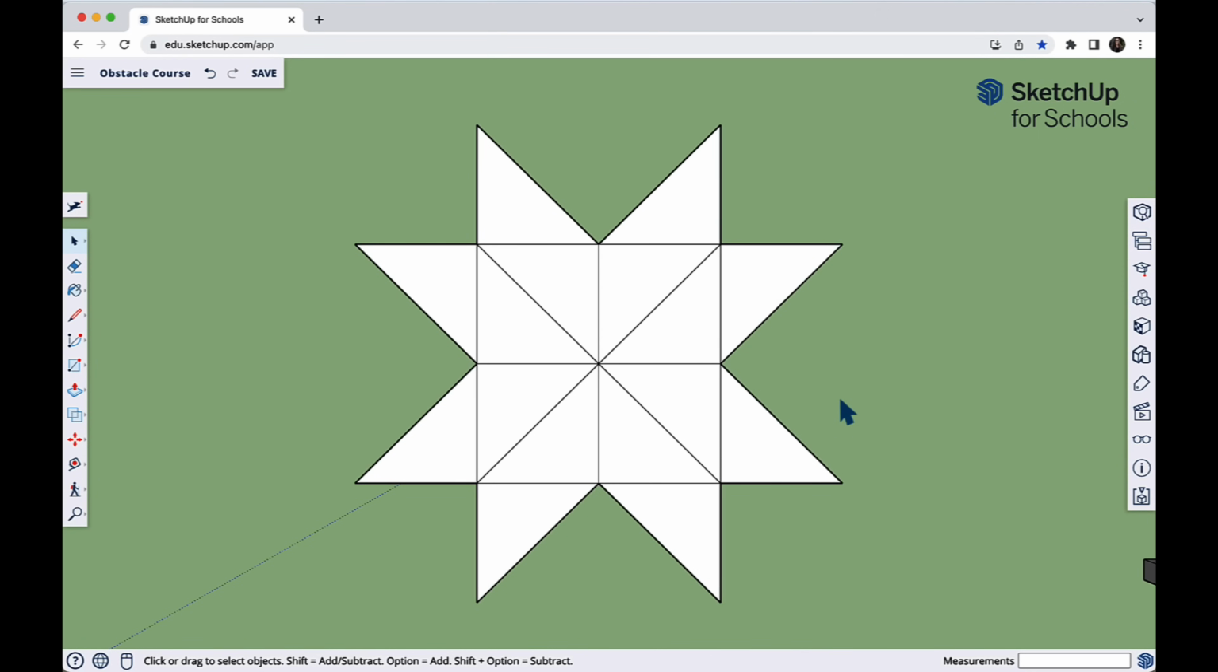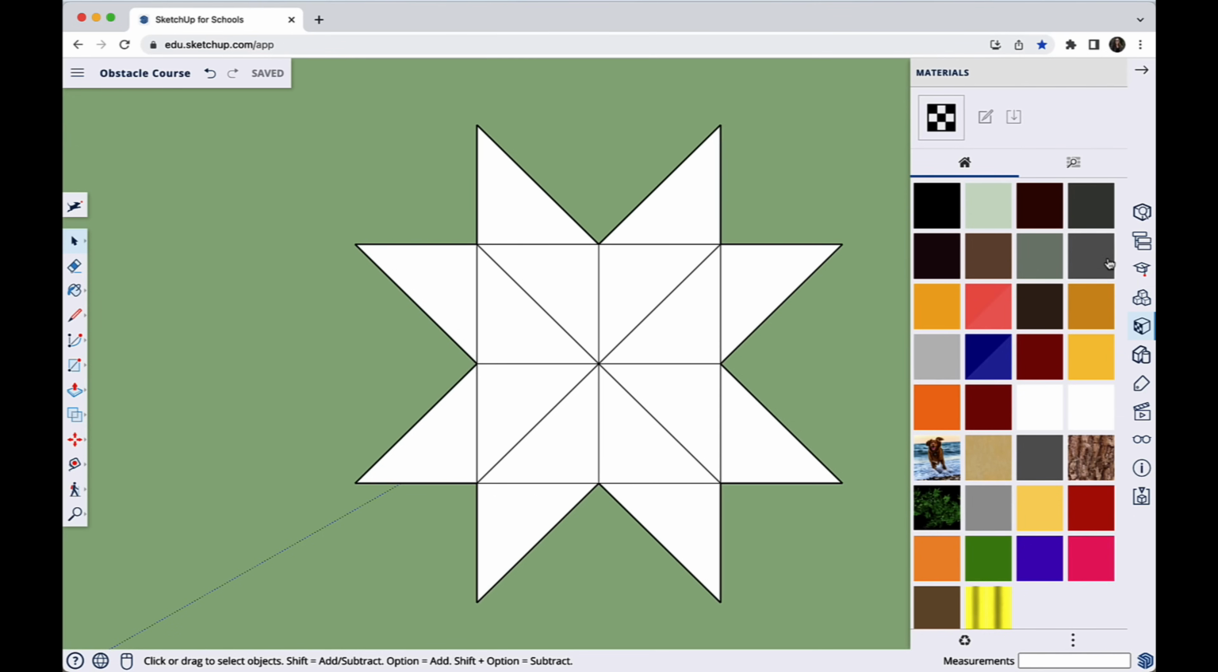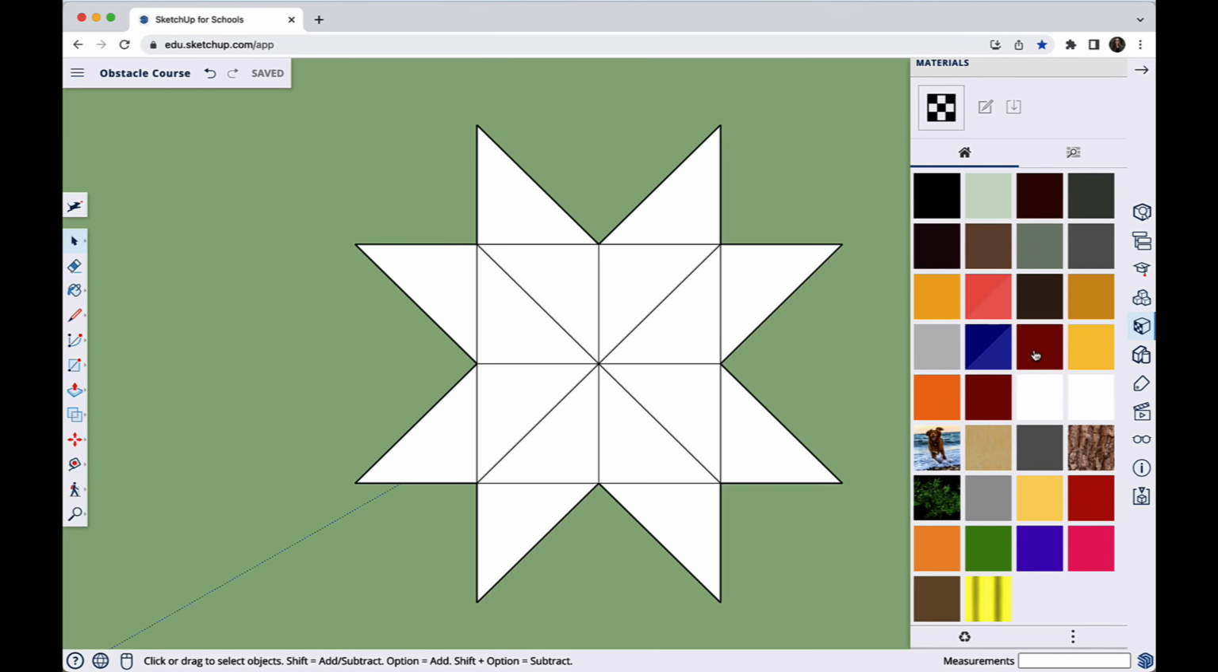So now that we have the star shape, we're going to add some color to it. And the colors can be found over here on the right. This little checkerboard cube here, that's our materials panel. So let's open that up by clicking on it. And right away, you'll see a lot of different colors and images. These are all colors that are already somewhere in our model. So we'll see these later, but to find your own color, you can click on this little magnifying glass here